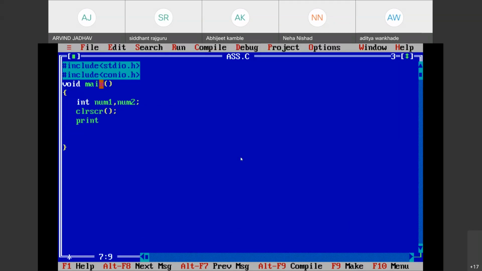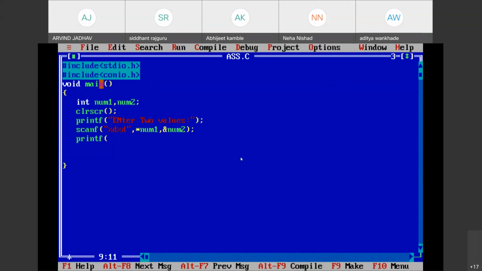After that we'll write a statement to enter two values: Enter two values. After we'll scan those values with scanf. These values are integers and there are two, so we'll use two %d, comma. The first value will be stored in the address of num1, comma, the second value in the address of num2. Once we successfully scan these values, we can perform the operation.